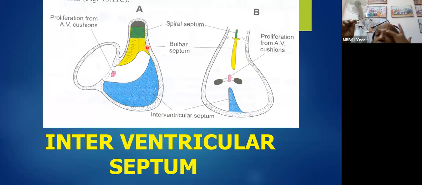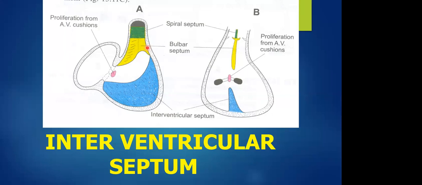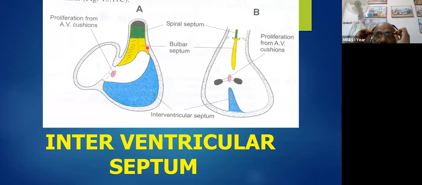If you open your right ventricle, what is the main difference between right ventricle and left ventricle? The right ventricle has thinner walls, and the wall will be very thick for your left ventricle. So if you take your right ventricle, you have the muscle fibers of the right ventricle, isn't it? Called as